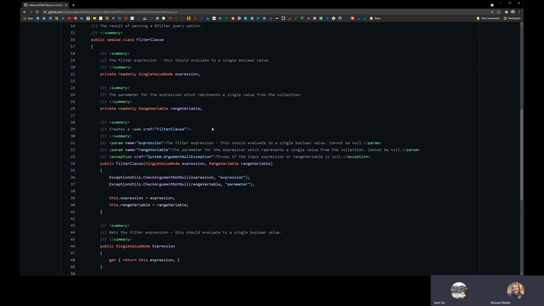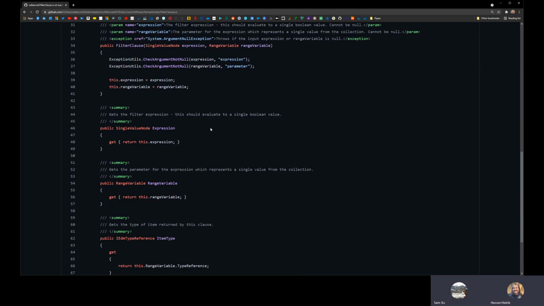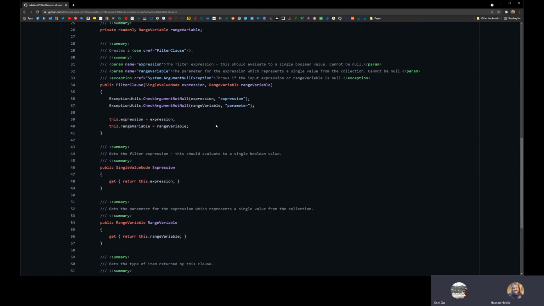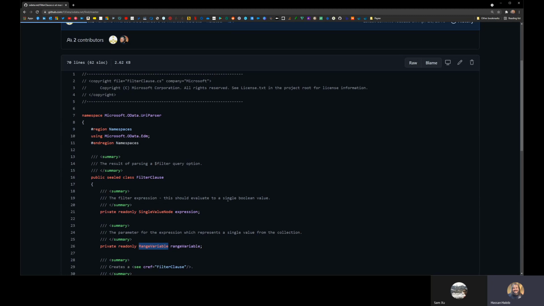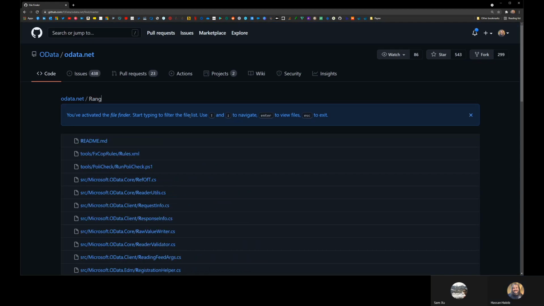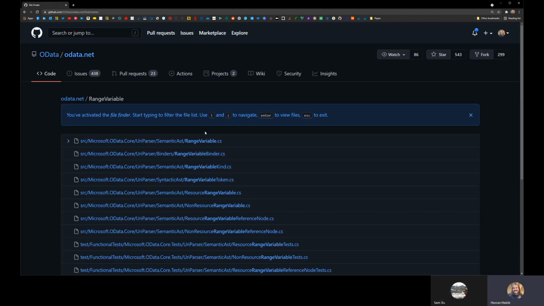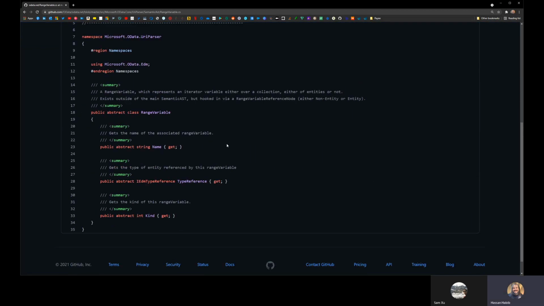So basically, when you go and say, let's see if people would understand this, and I understand it first, for this range variable that you have in here, let's take a look at it first before we do anything. This is range variable, Sam. It has a name, and it has a type reference, and it has just kind. Range variable is things like